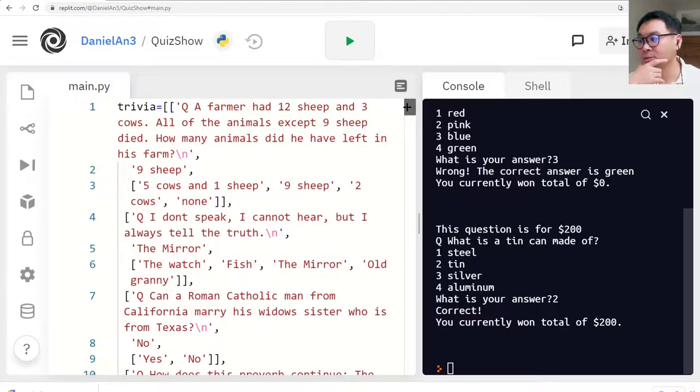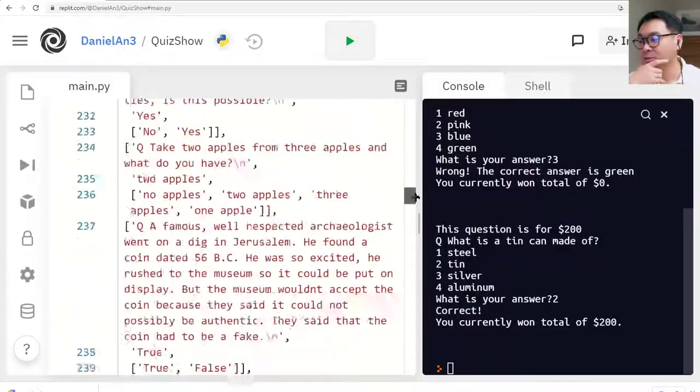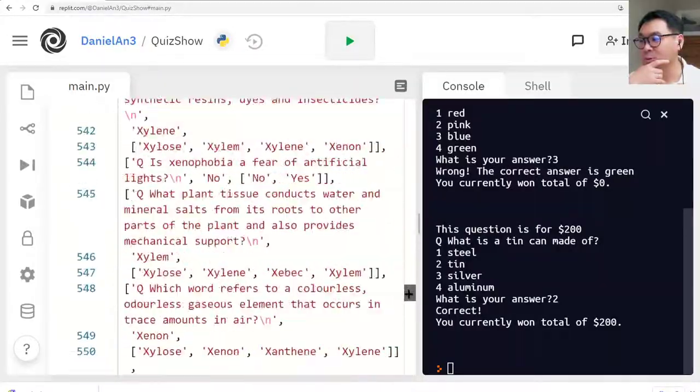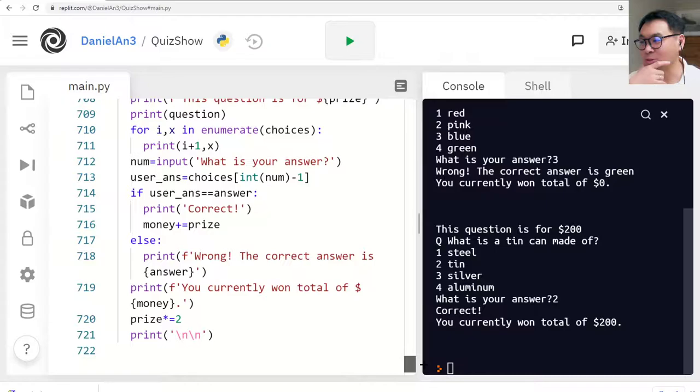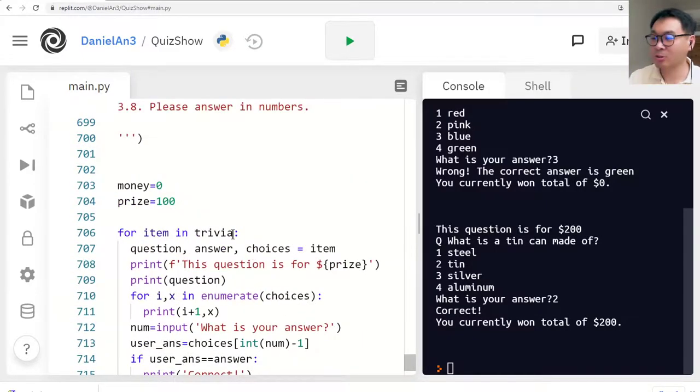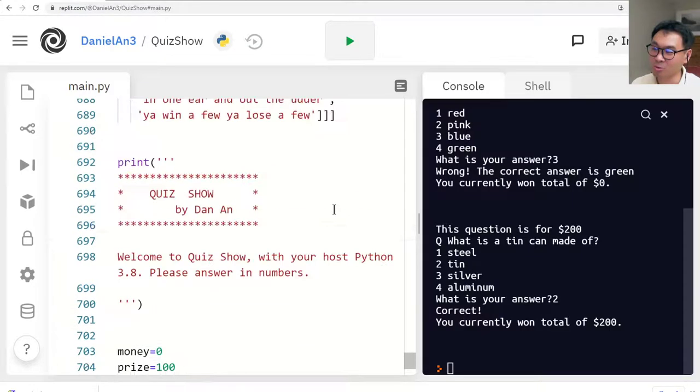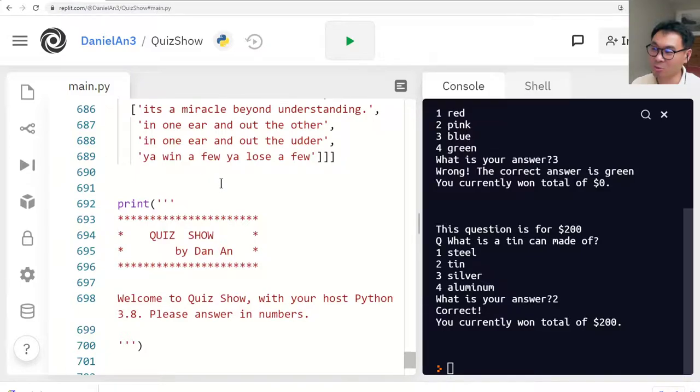So you have this, and you know, this is more than 100 questions, so there's a lot to do, but you can't be solving 100 questions, that's too much, right? So instead of doing 100, you can just choose from here, say column 5 questions. Okay, so the first 5 questions will be fetched, and it will just do the first 5. But here's another thing. Then that means the other questions won't be used at all, and that's a pity because you really want to change the questions and answers as well. So what can you do? Well,